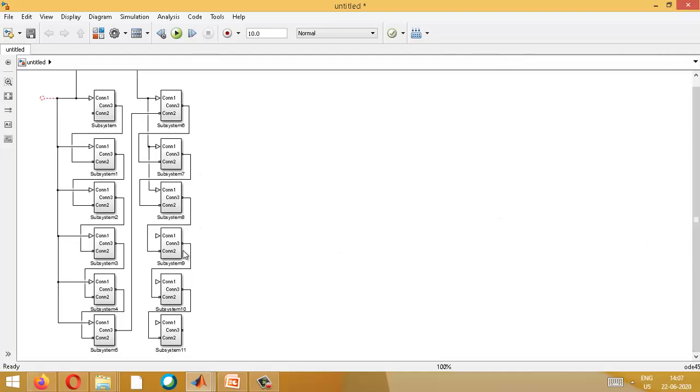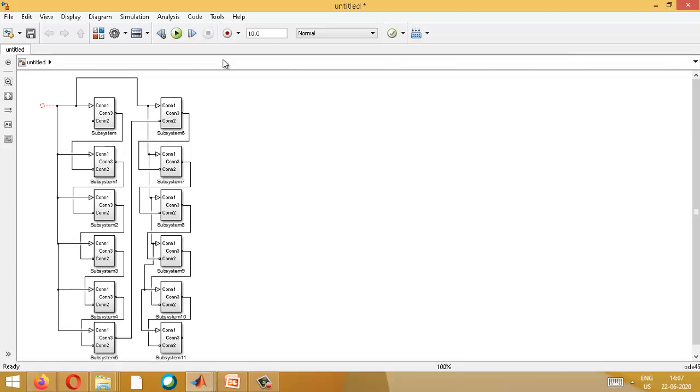Once you connect it, you get your solar panel and the last one, you can connect it. Okay, super. Now if you create the subsystem, you will get only 3 terminals outside.